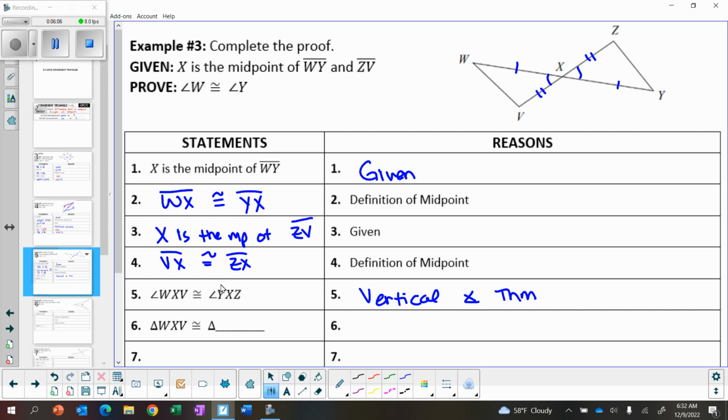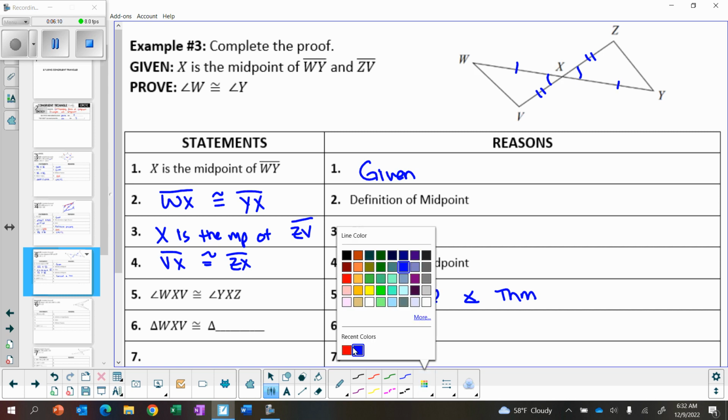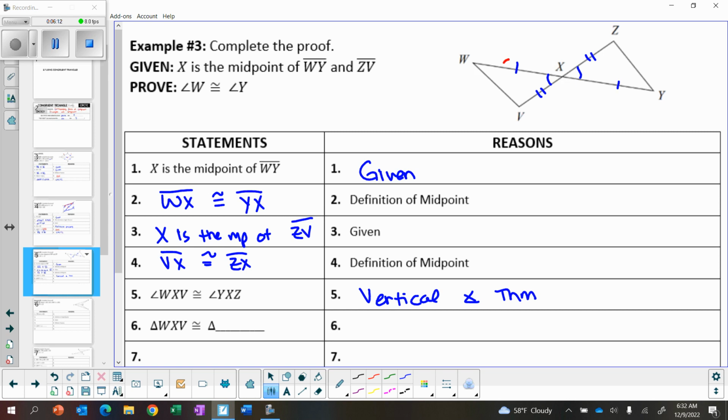So we went from the angles being congruent to now saying the triangles are congruent. So if I look at my picture, that's a side that's marked there, that's an angle that's marked there, a side that's marked there. I connect the two sides, it points to the angle, so that is congruent by SAS. And WXB, so along the side that's one to the right angle, would be YXZ,